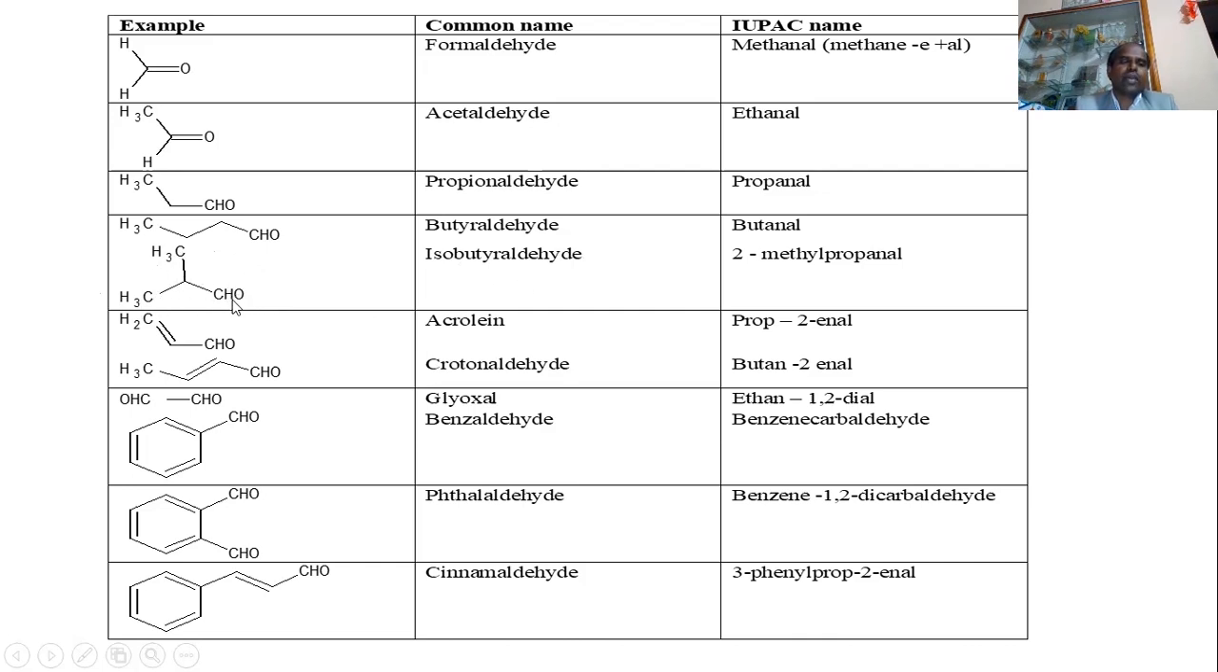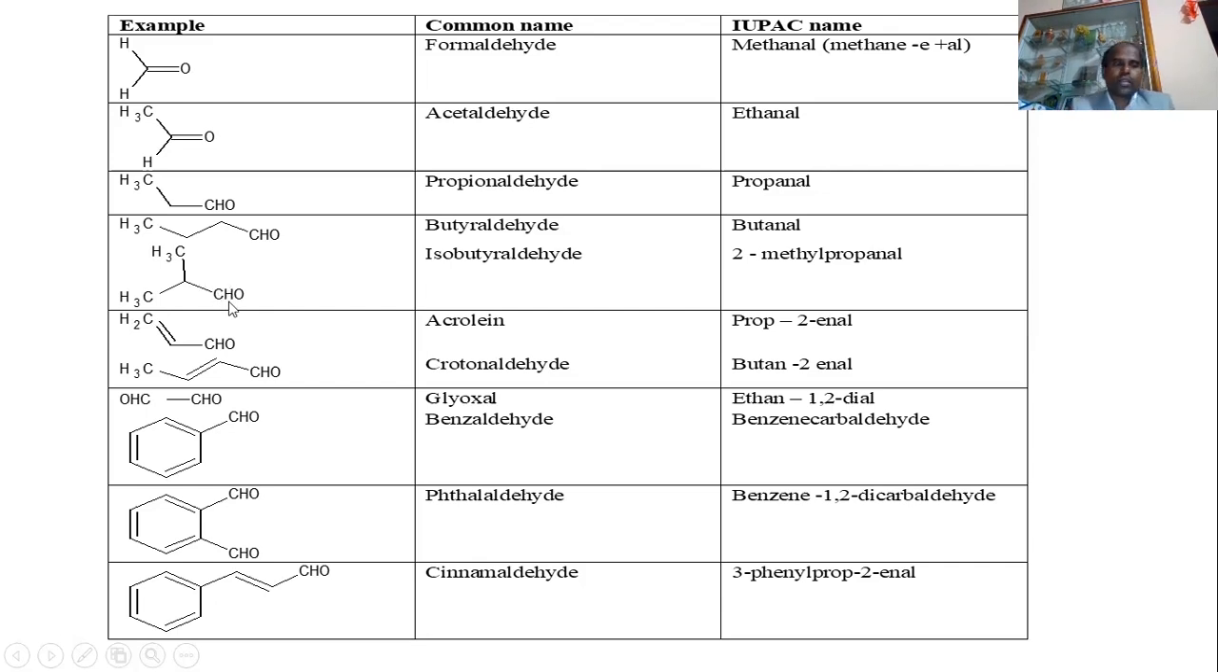When we are assigning, we have to select a parent chain. The parent chain is 1, 2, 3. 3 carbon containing one. This is 1, 2, 3. So the 3 carbon containing hydrocarbon is propane. And we can also observe that at second position there is a substituent called methyl. Now let's assign the IUPAC name for this. So 2-methyl propan-1-al. Okay, 2-methylpropanal is the IUPAC name for this structural